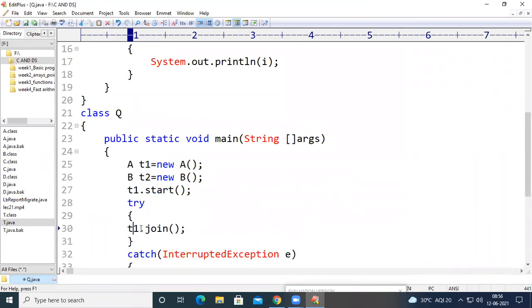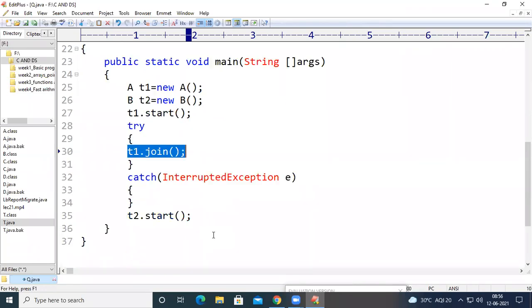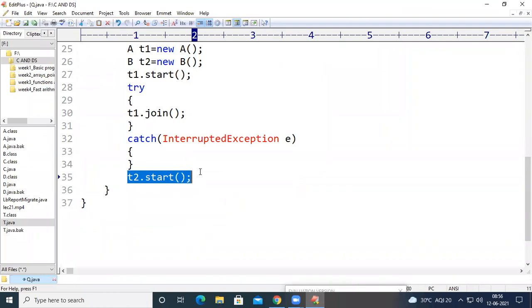But when we say T1 dot join, that T1 thread will be executed first. Only after the T1 thread goes into the dead state will the T2 thread start executing.